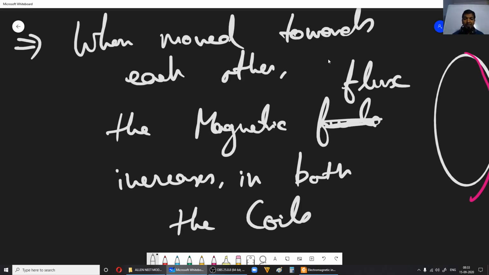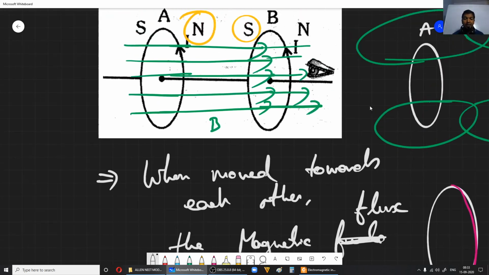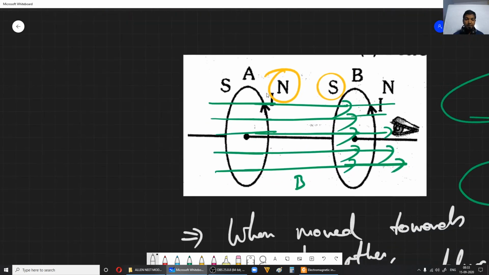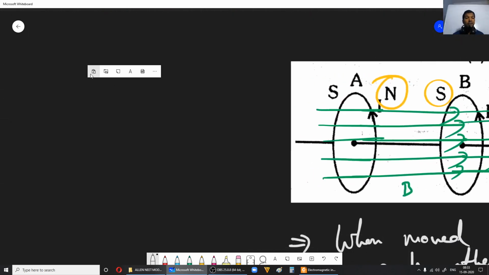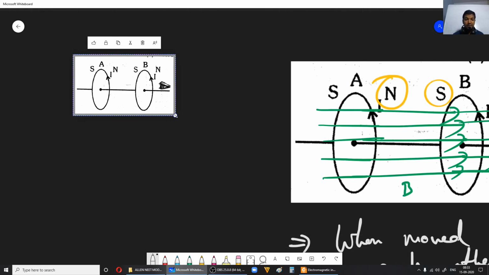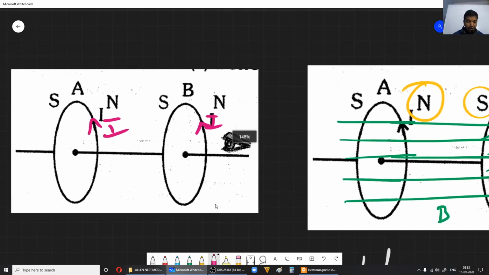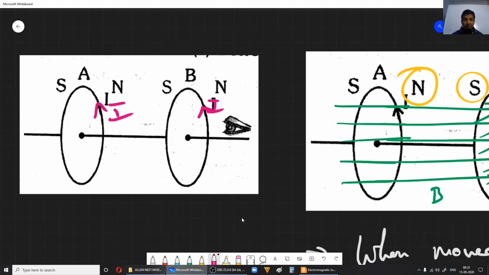So what can we say? Now let us talk about Lenz's law. Earlier, both of these coils were at rest. When they are at rest, there is no disturbance, that is, no change in magnetic field through both of them, correct. Now you can imagine that these currents I are due to some battery, some source which we are not seeing here.